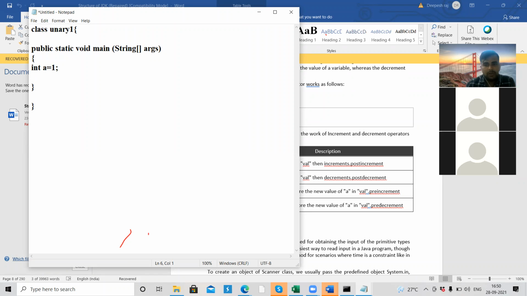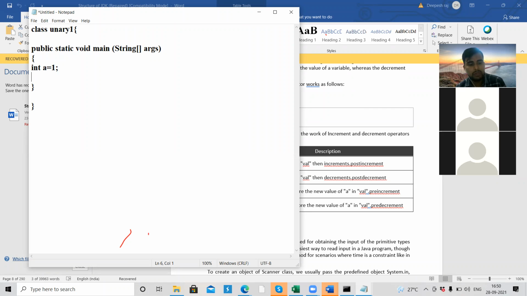Two symbols we are going to use, increment and decrement, and inside increment we have two concepts called pre and post. What is the difference between them, what is the meaning and use of pre and post?